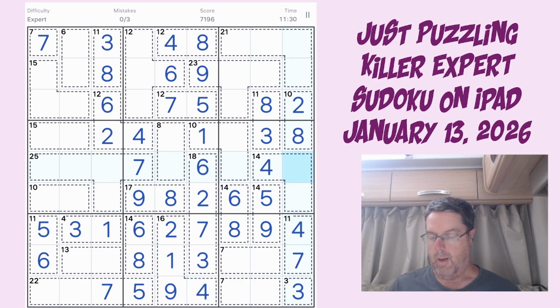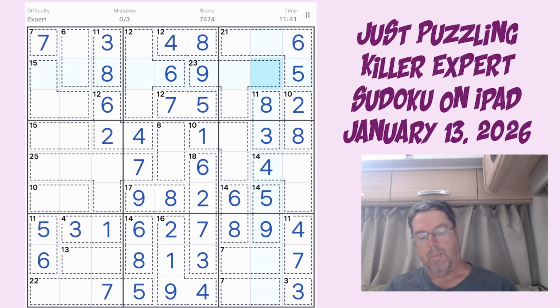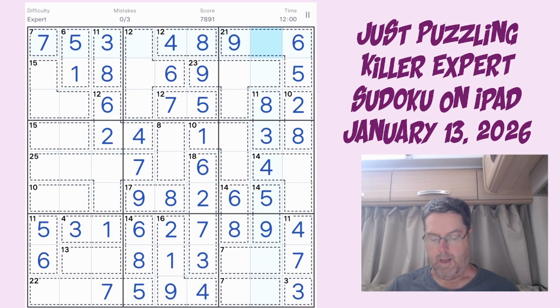1, 9, 2, 3, 4, 5, 6. So 5 and 6, 6 can't be here, so this is a 6, leaving this to be the 5. 5 comes across here, 5 comes across here, so 5's there, leaving this to be the 1. Okay, so that can be 1 and 9. So I need a 9 up there, so that's 1 and 9. 9 can't be there, so that's a 9 there, leaving this to be a 1, which means 1 is there,